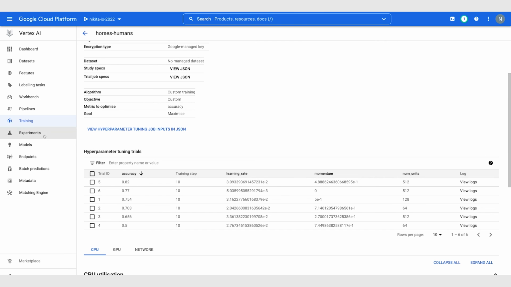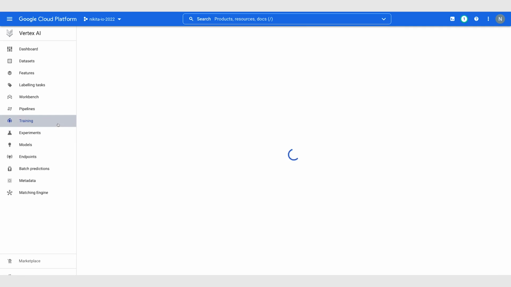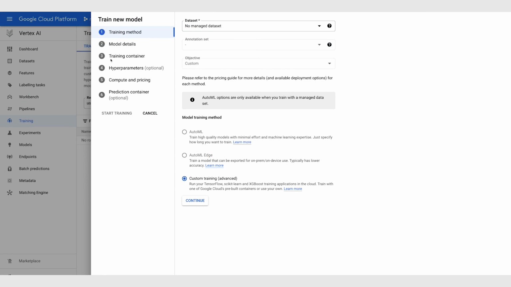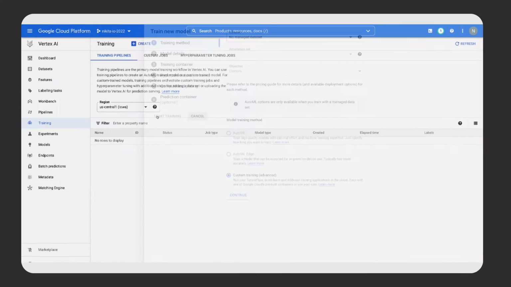And one other last note is that you can actually do all of this through the UI. So if we click back over to training, you can click on this create button here, and you can actually create a training job. And under step 4 here, you'll have the option to set your hyperparameters. So if you prefer to do this through a UI instead of doing this via the SDK, that is also an option. So that concludes the workshop for today.